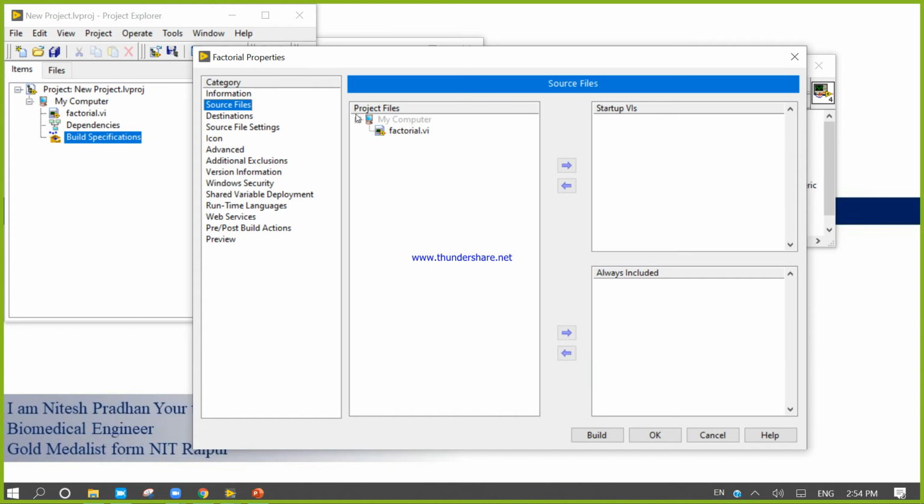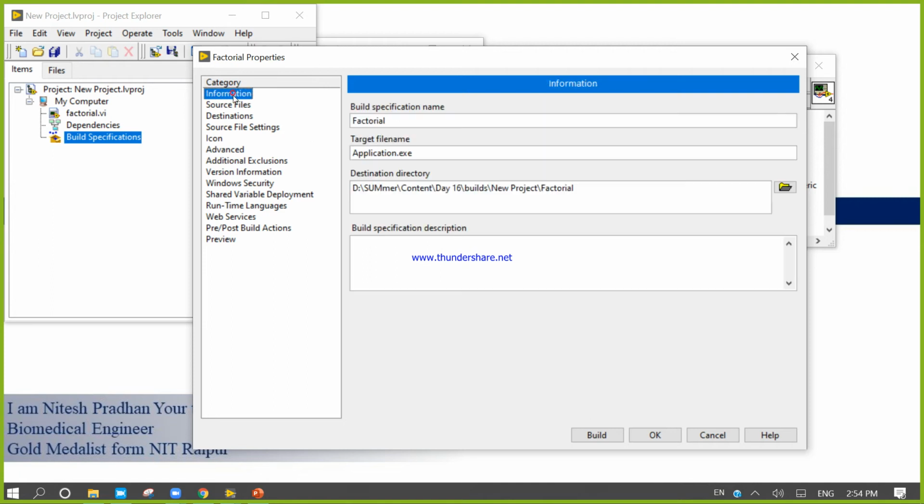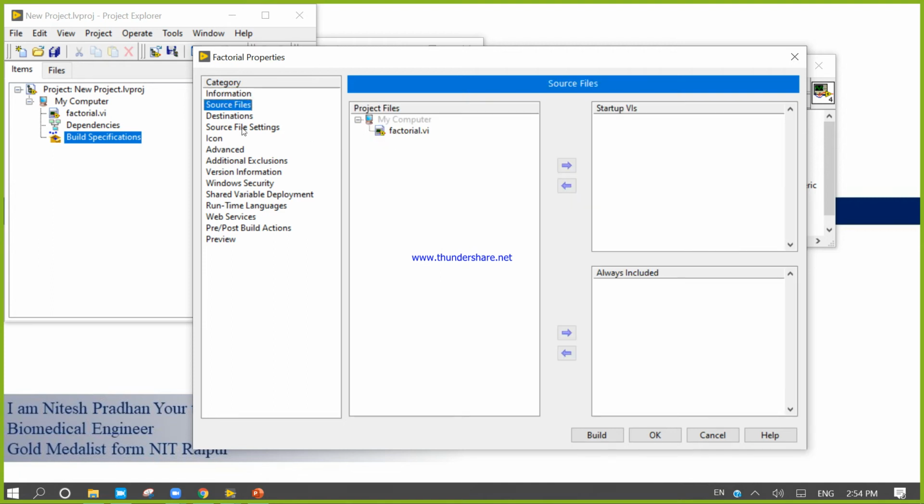Sources. So here the source is factorial.vi. Look here carefully. After the information, source, application.exe: in the project file we need at least one VI for startup.